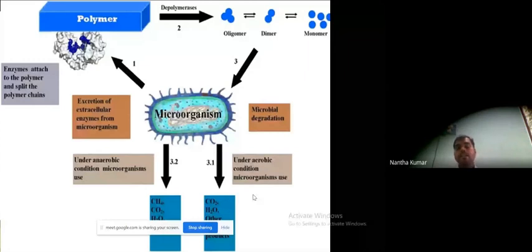And there is a huge number of beneficial bacteria which can degrade or remove these pollutants that we use for the bioremediation process. These bacteria excrete extracellular enzymes.